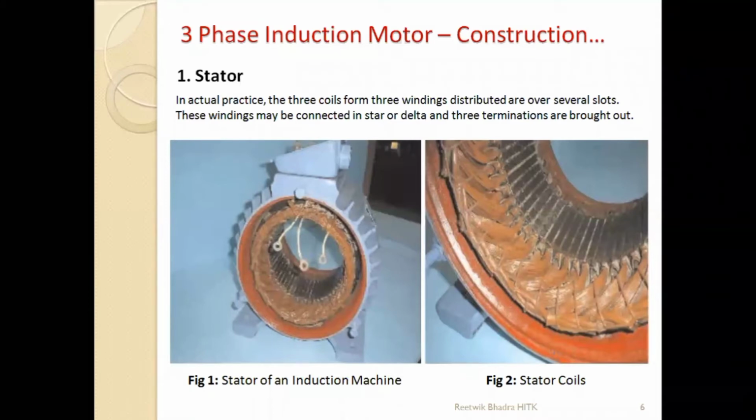So those squirrel cage and wound rotor are the basic definitions for your rotor construction. An induction motor, whether squirrel cage or wound rotor, will have the same shape of stator and the same types of winding in the stator. So the stator doesn't change over here. This is a basic stator, this inside one. This outside, what is it called? Anybody can tell me?